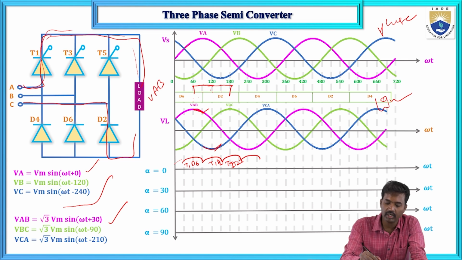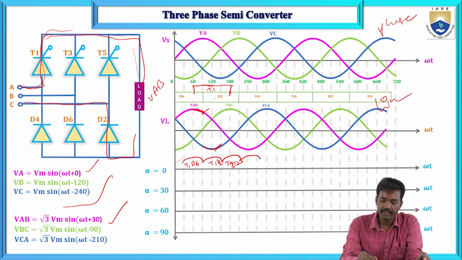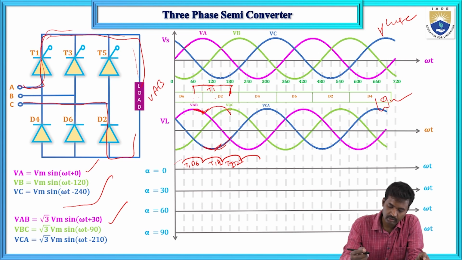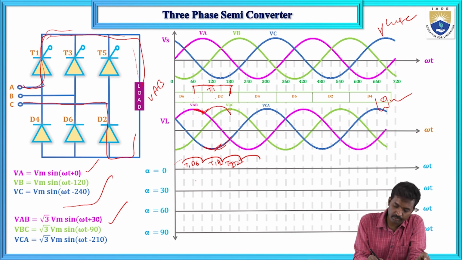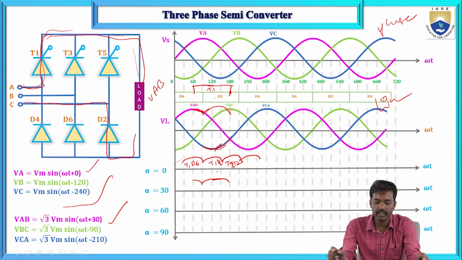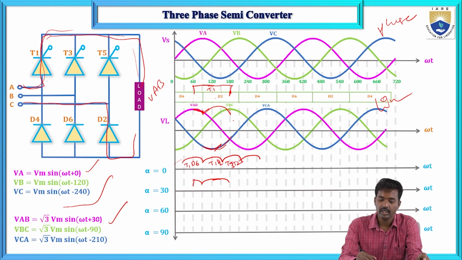So next here, this is T1. T1 and D2 will conduct from 90, and next here this is the case 90 to 180. 90 to 180 means this is the case up to this angle. So up to this angle it will conduct from here, and next here up to 180 degrees case. So next case here,